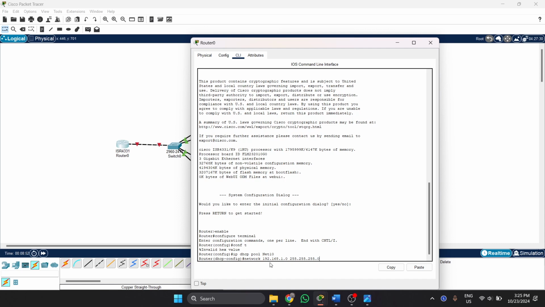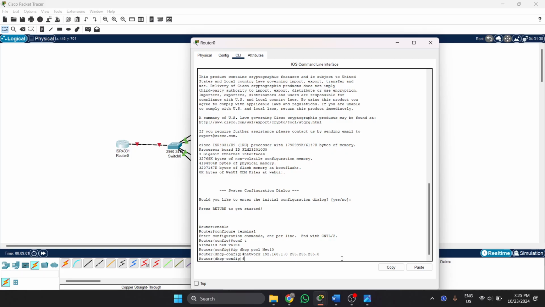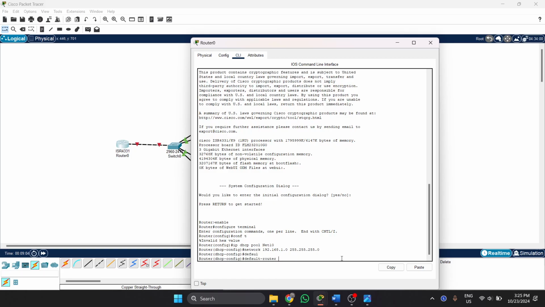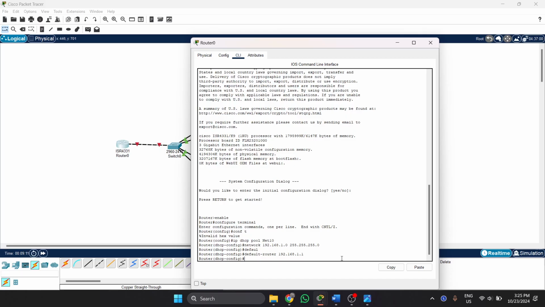So network 192.168.1.0, and then 255.255.255.0. And then we're setting the default router as 192.168.1.1,